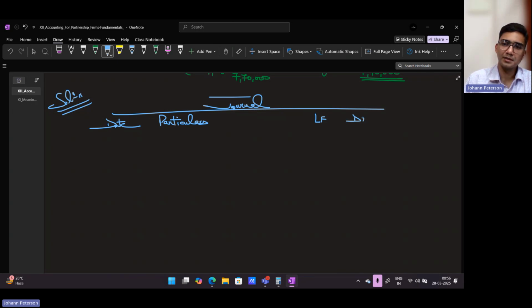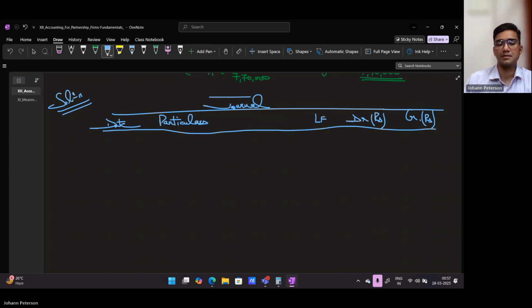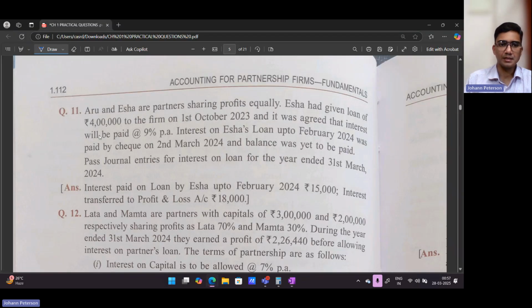Then you will write debit rupees and credit rupees. Okay, the first thing: are any dates given? Yes, dates are given. It is saying E gave a loan of 4 lakh to the firm on 1st October 23. It was agreed that interest will be paid at 9% per annum. Interest on E's loan till Feb